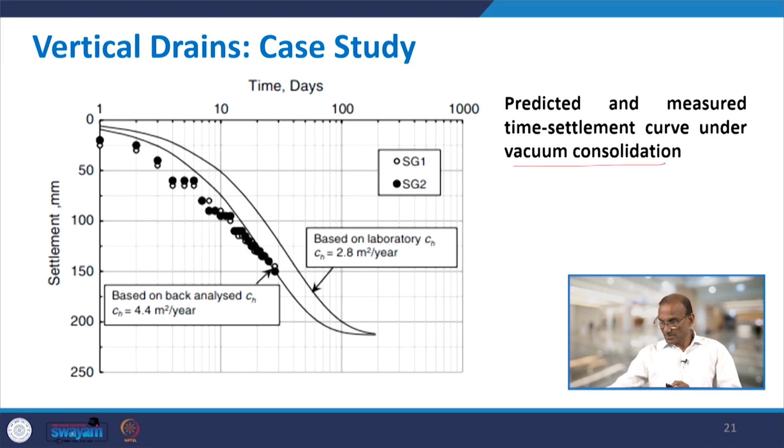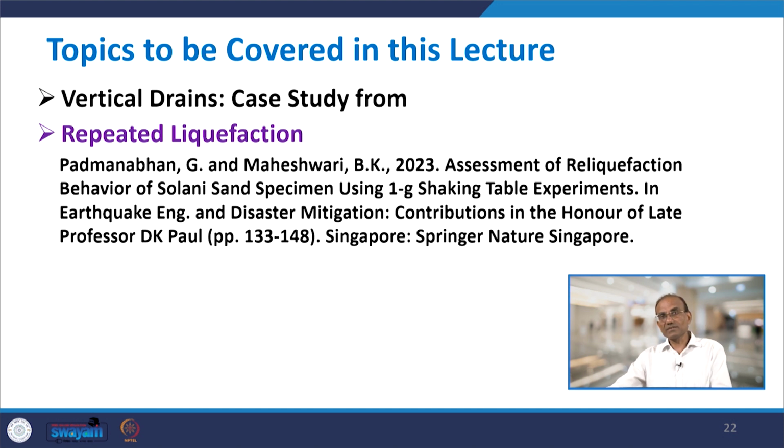So, now we will discuss a different topic which is quite relevant to ground improvement techniques. What happens when you have repeated shaking and as a result you have repeated liquefaction. This is called repeated liquefaction, or in one word, reliquefaction. You can understand this like this. Suppose some site has undergone liquefaction already. Now, if another shaking comes, what will happen, whether it will liquefy or it will not liquefy.